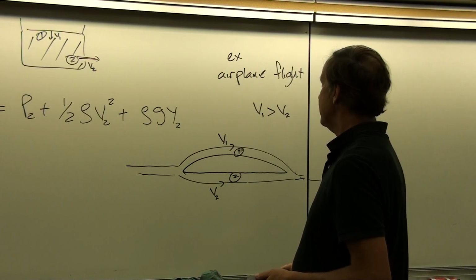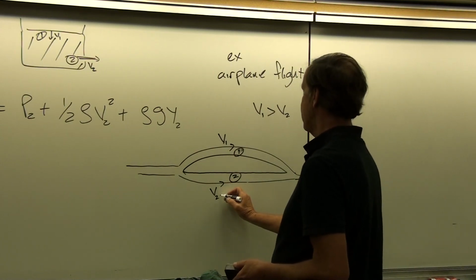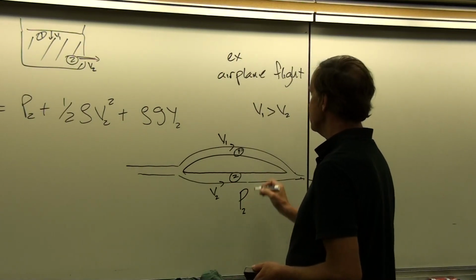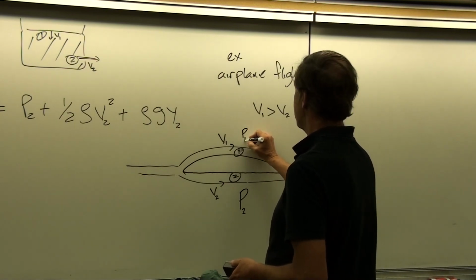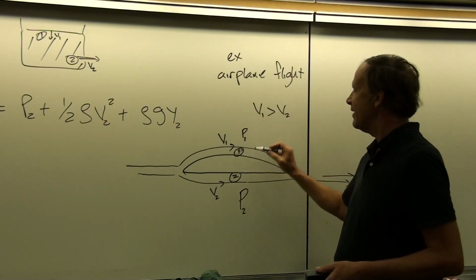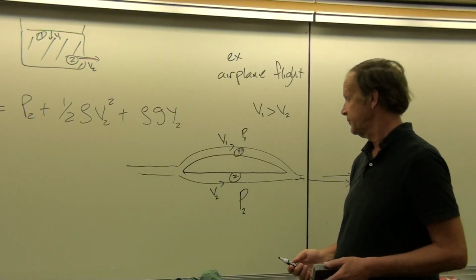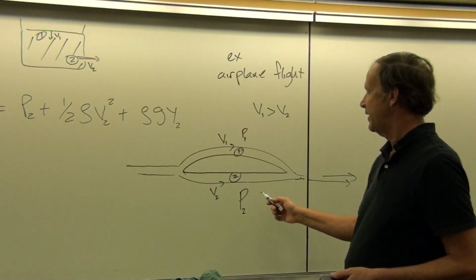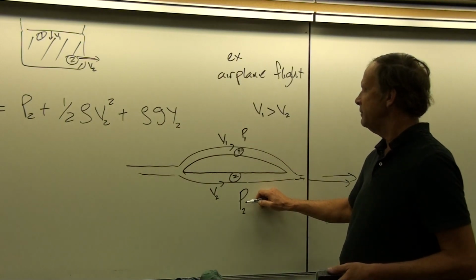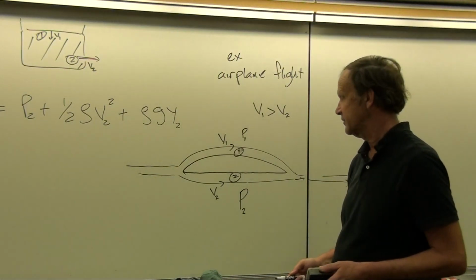Okay? And we also have a pressure that's associated with the velocity down here. We can call this P2. Turns out that pressure is going to be larger than the pressure up here. It's P1. And so this is really atmospheric pressure in the vicinity of a fast-moving fluid. And so P2 and P1 then are not canceling here, but are really the difference between P2 and P1 is what causes the lift force.